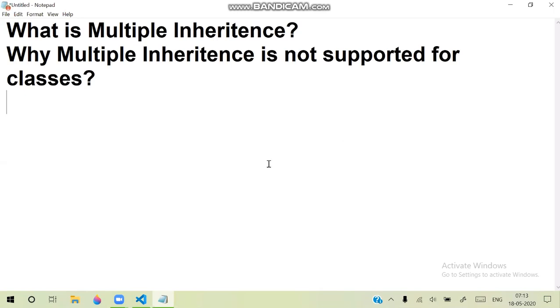As we discussed, multiple inheritance is not supported for classes because of the constructor deadlock mechanism.